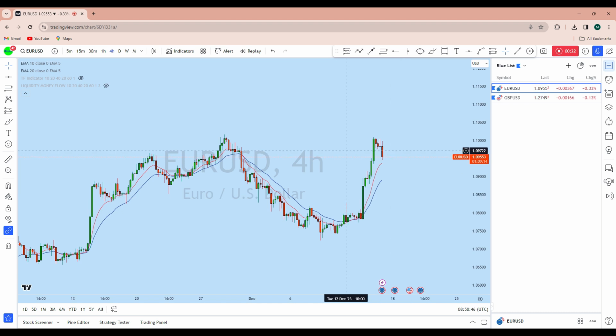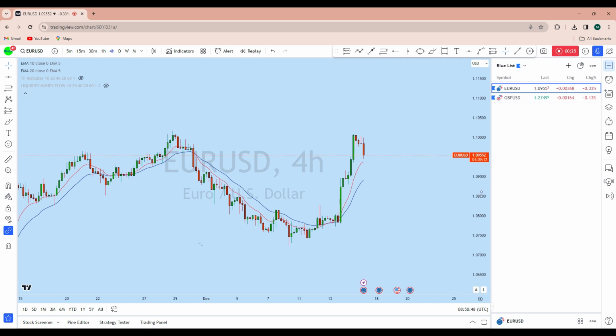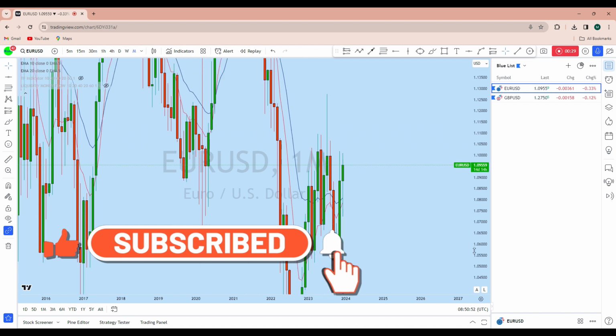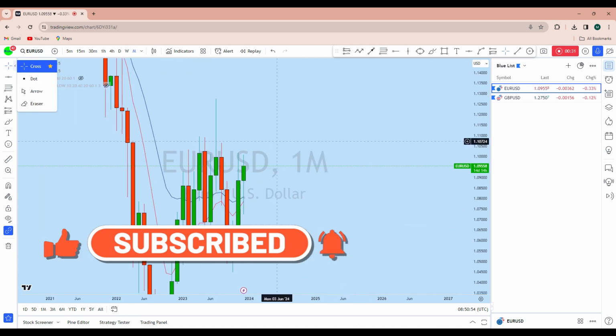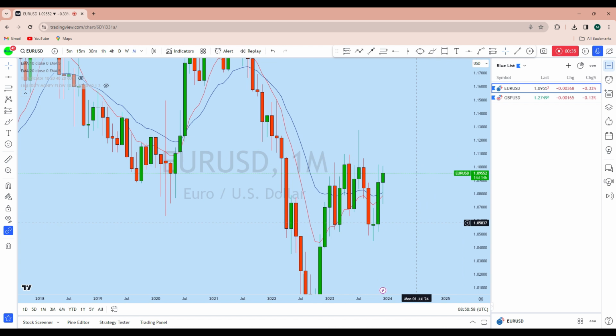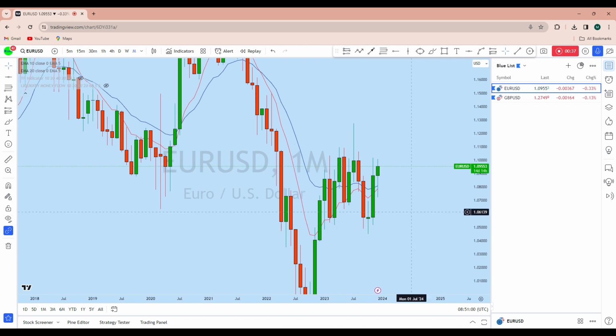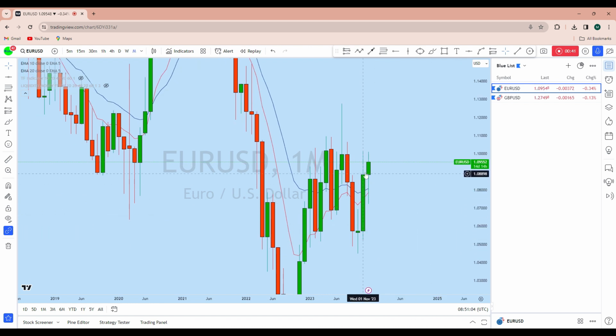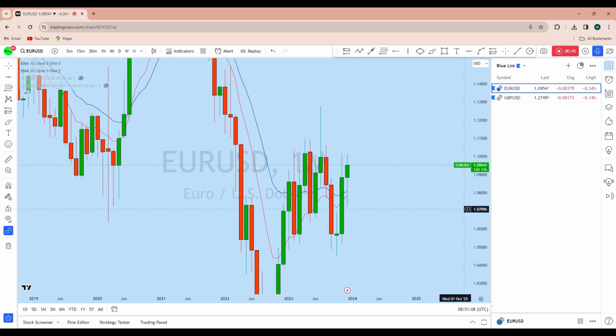So starting first of all with EURUSD, before we look at lower time frame, let's quickly look at the higher time frame, looking at the monthly to see the overall picture in the market. Now from the monthly we can see that EURUSD is a long term bullish market. If we look at this monthly impulse, EURUSD has created this huge bullish candle followed by this